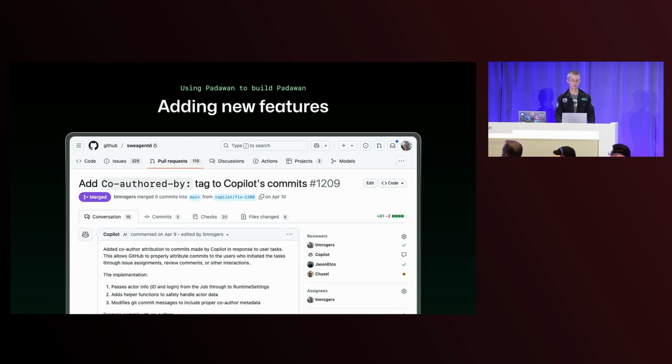One that I really liked was adding a new feature where we wanted commits that Copilot makes to your project to be co-authored by the person that told it to do the work. Because that creates this link where you can see where did this idea come from? Who is the human responsible for this work? We wrote a quick issue to describe that feature, assigned it to Copilot, and it was able to surgically find the right files to edit and add the right test coverage, and we shipped that to production the same day, making the experience a lot better.